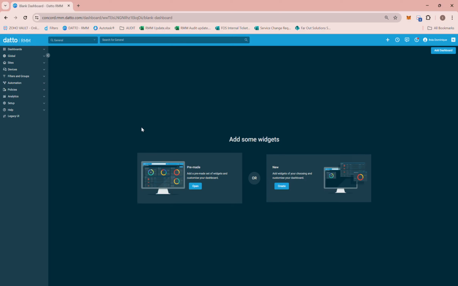First is proactive IT management in Datto RMM. It focuses on identifying and addressing potential issues before they escalate into critical problems. This approach can be achieved through, first, the monitoring, which we can see under policies here. For the monitoring, use Datto RMM to monitor devices, applications, and networks for anomalies. Proactive alerts notify IT teams of unusual activity, allowing them to respond before issues impact end users.